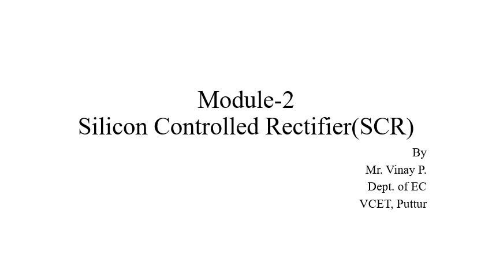And the second topic in Module 2 is SCR, the silicon control rectifier. That is an electronic device having 4 layers. So we already discussed the diode. A diode is a 2-terminal device with 1 junction. Then we discussed the transistor. The transistor is a 3-terminal device with 2 junctions. The next device has 4 layers, 4 terminals, and 3 junctions.